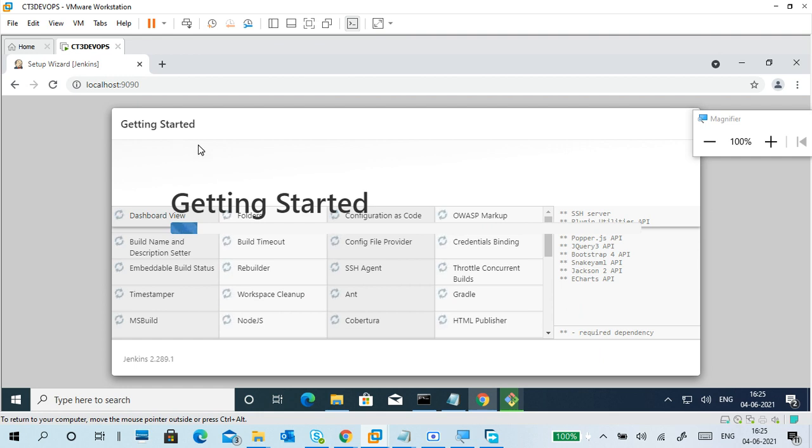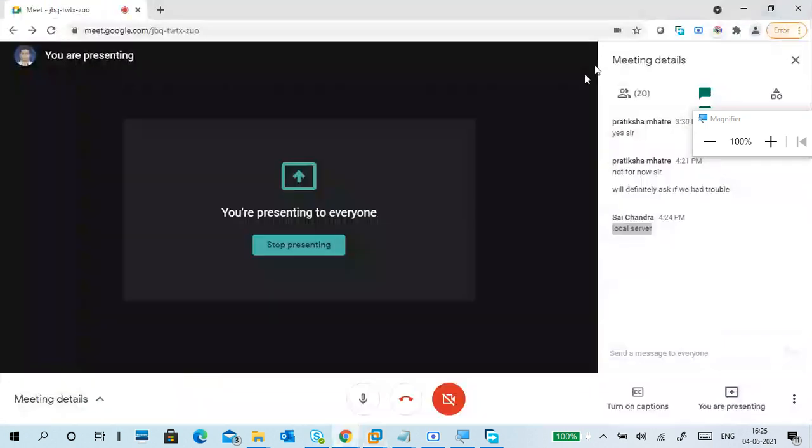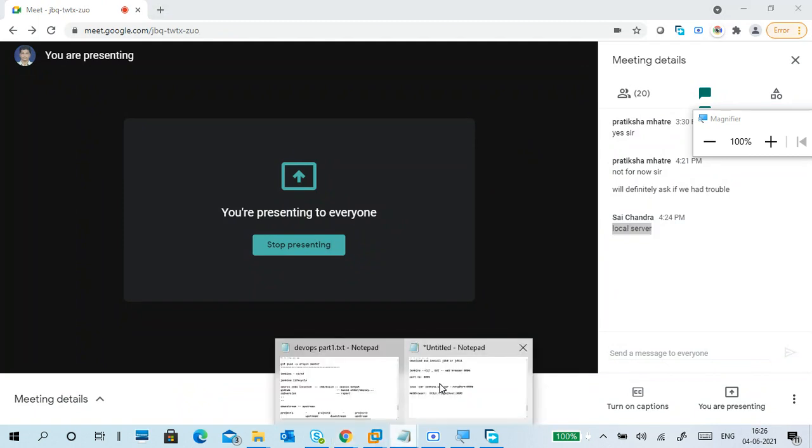If I run from a different PC, where this server is running, the application is nothing but a server application. Then I have to give this PC's IP address or host name. Very good. We are running on our PC only.